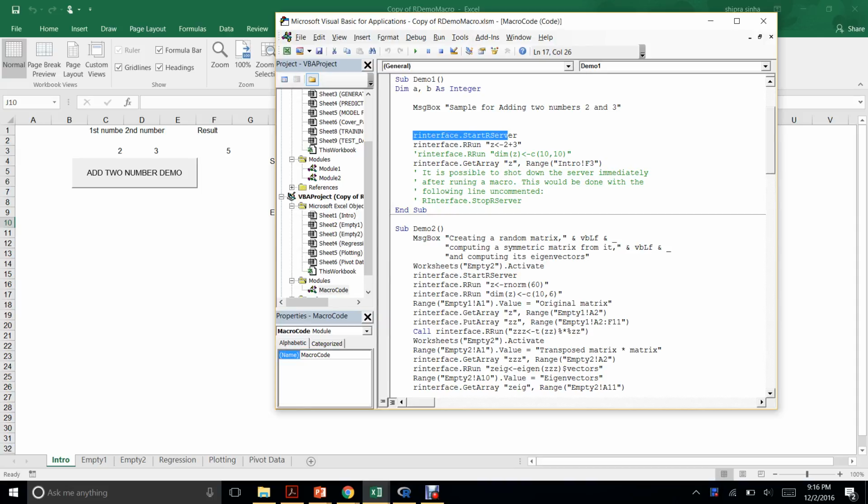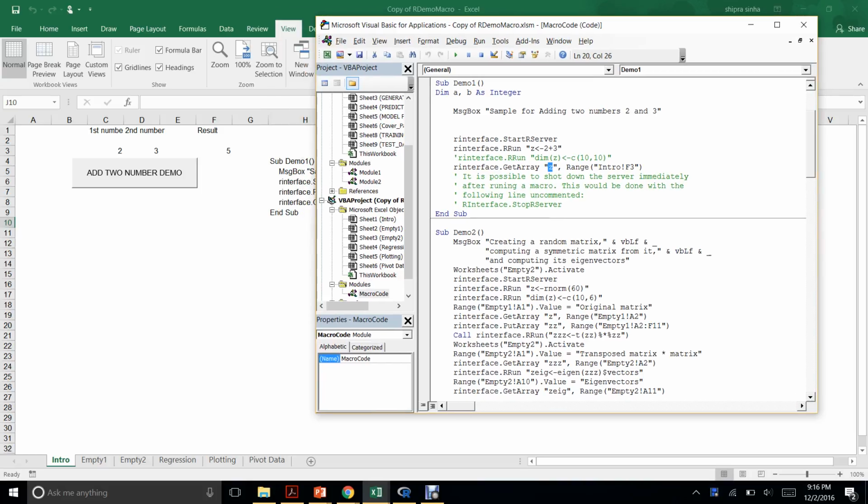Our interface dot start R server is used to connect the server from Excel to R, and our interface dot rrun will run this code in R without us seeing it, and our interface dot get array will get the values from R to Excel and store it here.